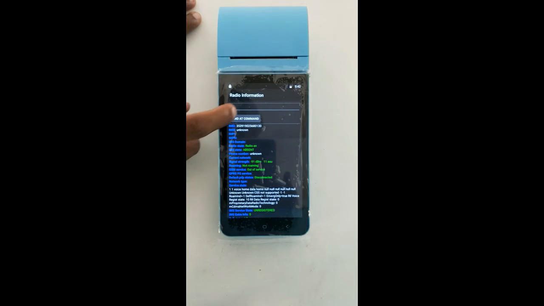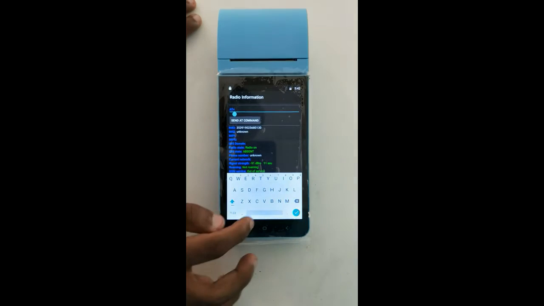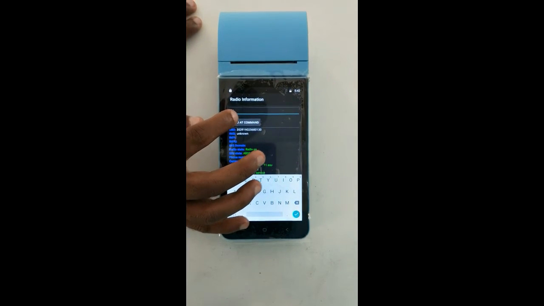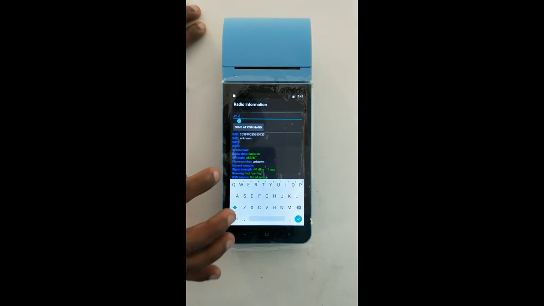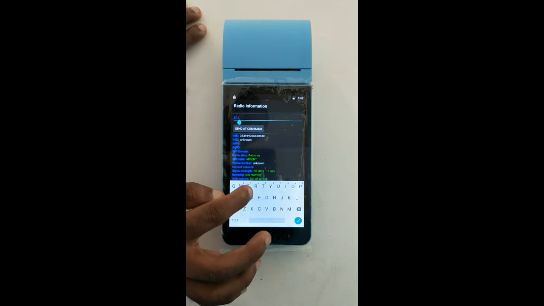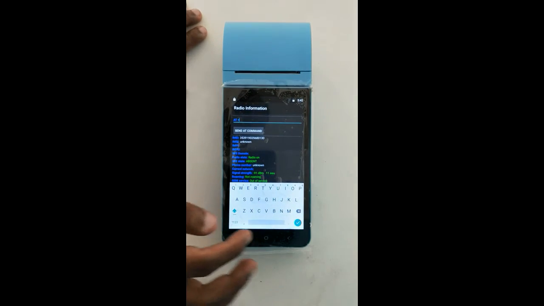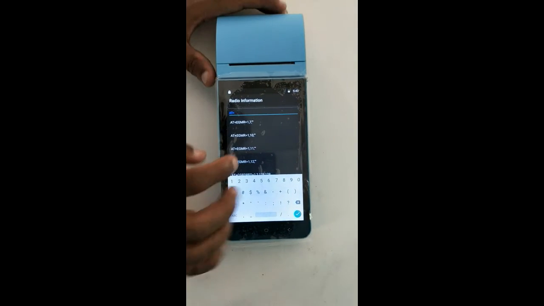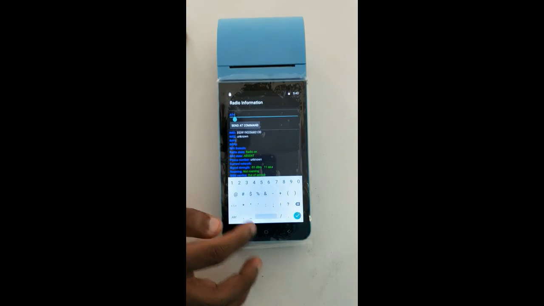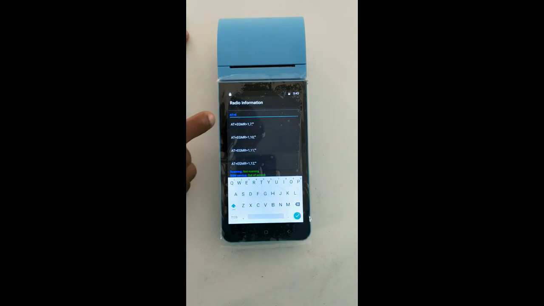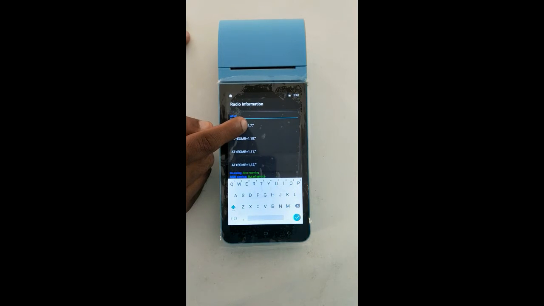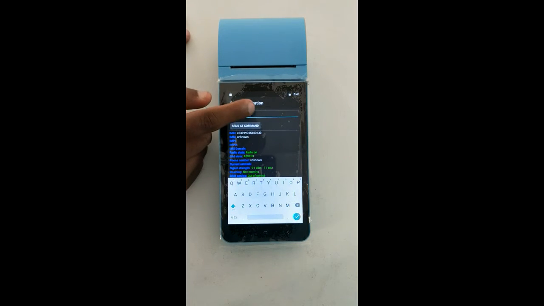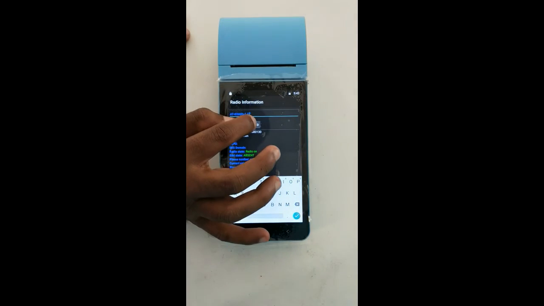After going to phone, you have to write AT plus, give one space, and then type EGMR. You can see the first option is EGMR. If it is not there, type it as it is, like this, with 1,7, then double quotes, two double quotes actually. Inside these double quotes I need to put my IMEI number.